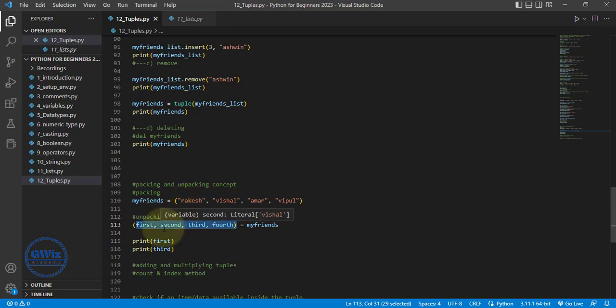Second is a box that we call variable and it contains a value called Vishal. Third is a box that we call variable and it contains a value called Amar. Similarly, fourth will contain Vipul, right? So this way, just make sure that the number of variables that you use to unpack should be equal to the number of values that you have inside the particular tuple, so that it gets assigned